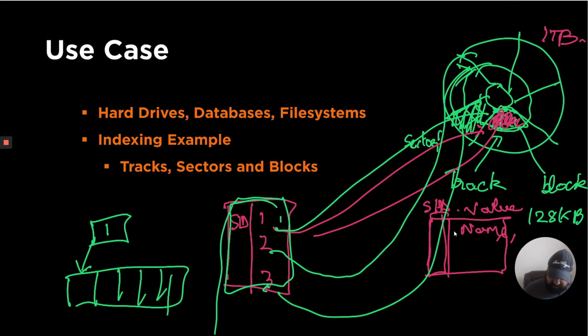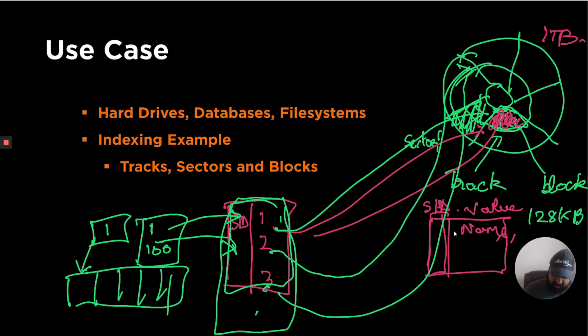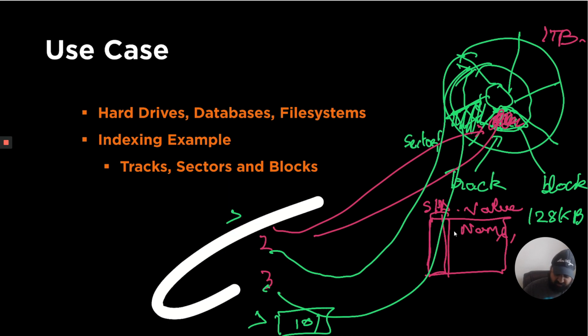Now these indices themselves can become very big, because if we have millions of files, these indices can be large. So we can create an index of an index. Let's say if the student ID is between 1 and 100, so 1 will point to this particular index. Everything between 1 and 100 is going to point towards another chunk in the memory, and after 100, it might be 101 that points to another. So basically, if I just delete this,